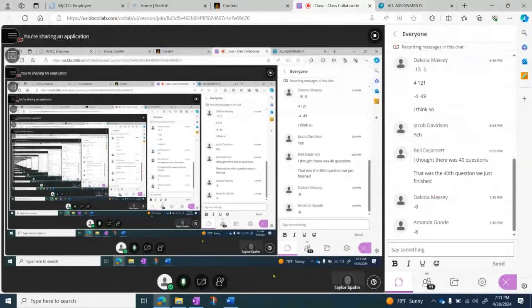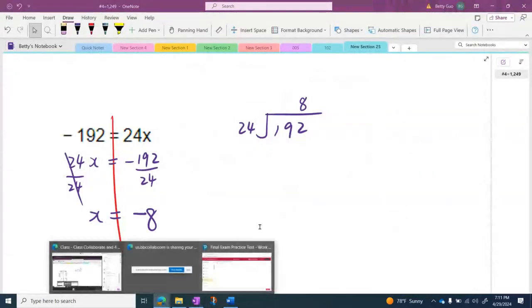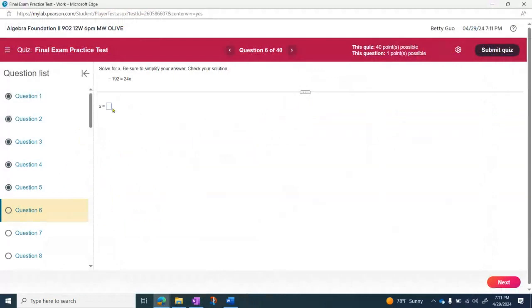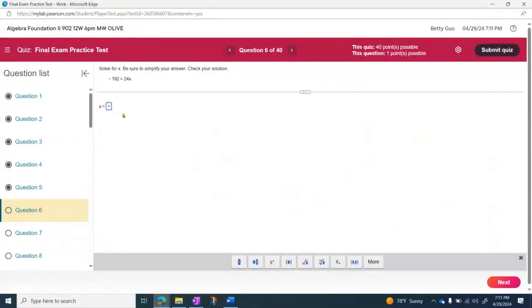Awesome. Perfect. Yeah, let's enter negative 8. Be careful. You see, sometimes I make a mistake because it's so tiny. My vision is not the best. You want to double check. Be careful. Double check. This question is so straightforward. You just multiply 24 by negative 8. If you have negative 192, that means that's correct. Next,